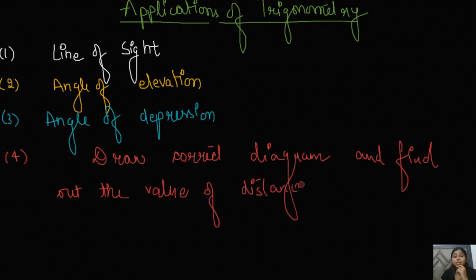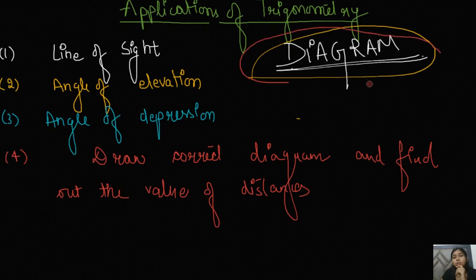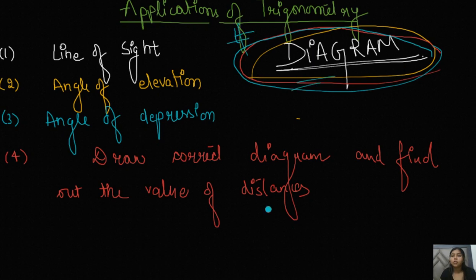The main thing that you have to focus on in this chapter is the diagram. Just focus on it. Very important. If in any case the diagram is not given, then you have to draw it by yourself, and if you by mistake draw the wrong diagram, then the question will go wrong. So you have to pay attention to the diagram. You have to draw the correct diagram according to the given description of the question. And that's all with this applications of trigonometry. This is such a short chapter, so this is all about it.